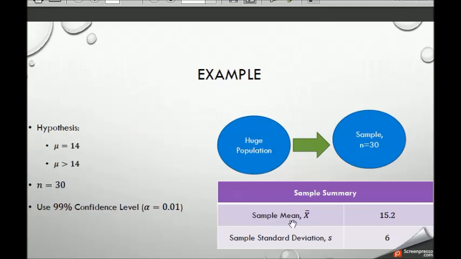We have all the data and we have summarized our data. We have the sample mean x bar to be 15.2, and the sample standard deviation S to be 6. Now we don't know the population standard deviation, so we are going to use the sample standard deviation and the student t-distribution. Now if we go to Minitab,